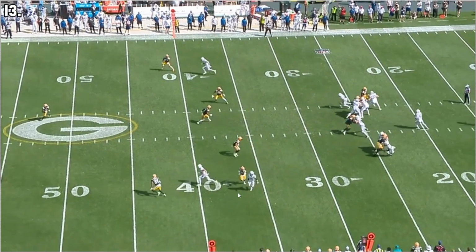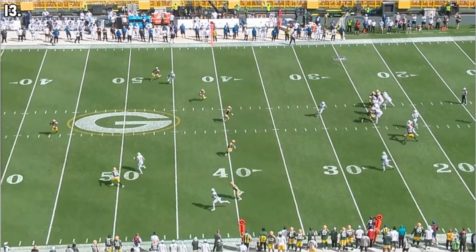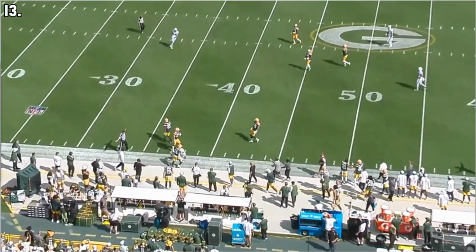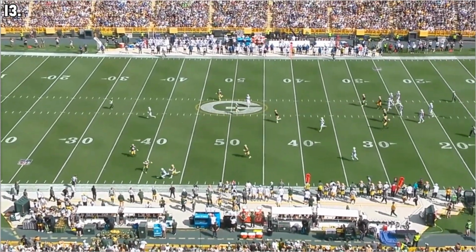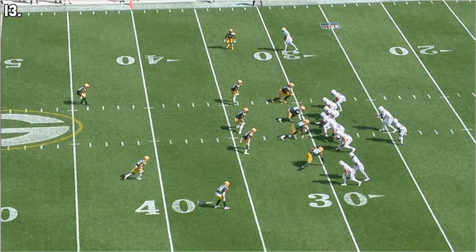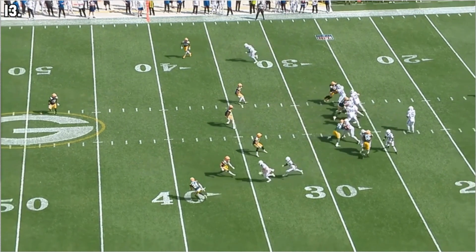He gets his head and shoulders facing this direction, right? So it seems like it's going to be an out route for Williams, and then he's going to quickly turn upfield, and it's going to be an easy completion because Williams has to change all of his momentum, turn upfield, and run with this wheel, and a nice ball by Richardson there as well. So a nice job trying to disguise things, but I think Williams has to do a better job of not firing too far downhill,